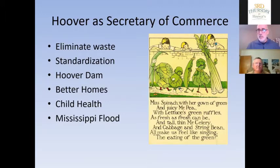documentation of these years tends to be very, very dry government documents on eliminating waste in industry, standardization, and at the risk of boring you to tears, no, I decided not to do that. I decided to go with something colorful, leaving aside that his standardization is why they named the Commerce Building for him. It was all the other stuff that he did as Secretary of Commerce, you know, keep busy